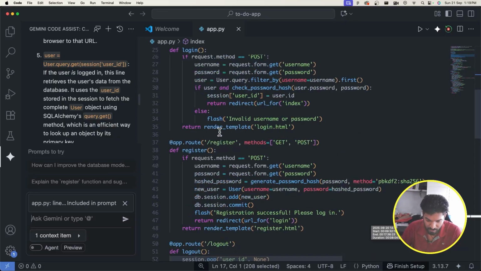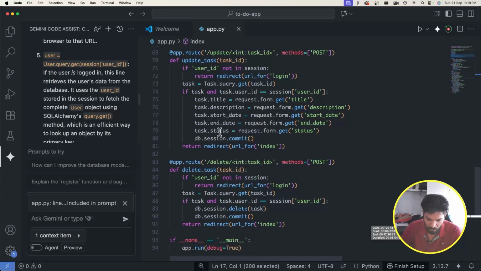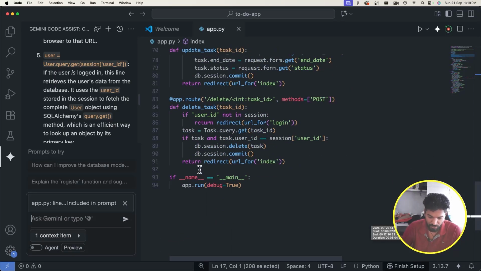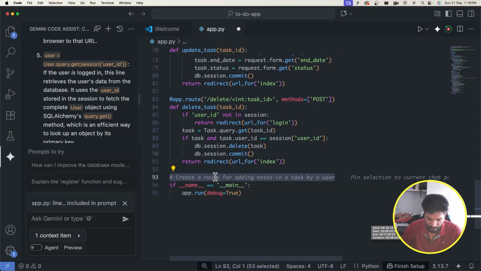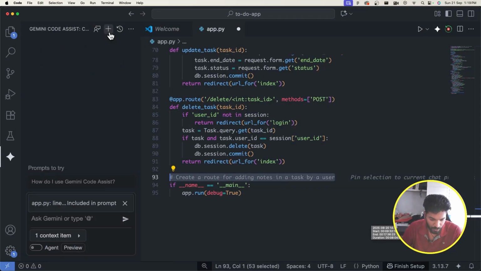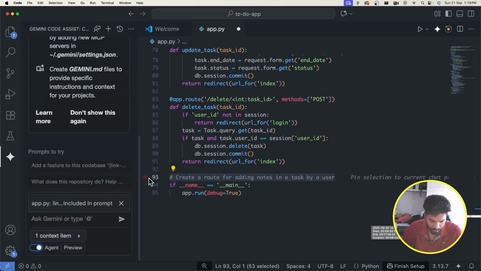The other thing is, for example, we can generate code using comments as well. So for example, create a route for adding notes in a task by a user. So what I can do, I can just copy this comment, and maybe I can go to a new chat, enable my agent mode, and then I say, hey,